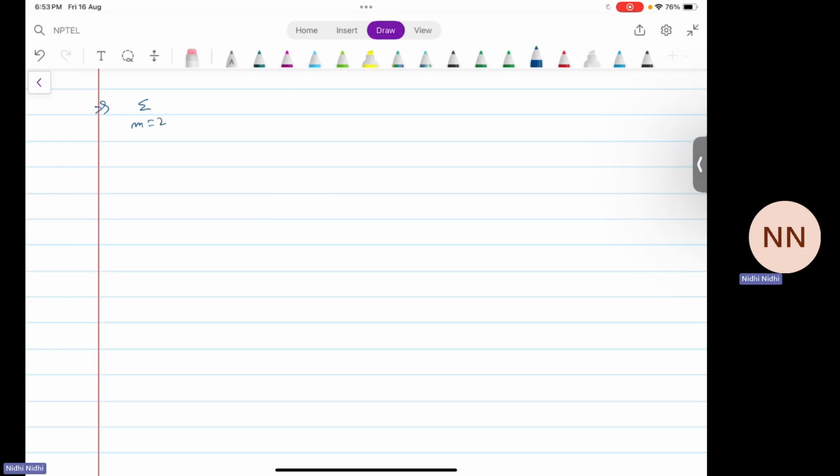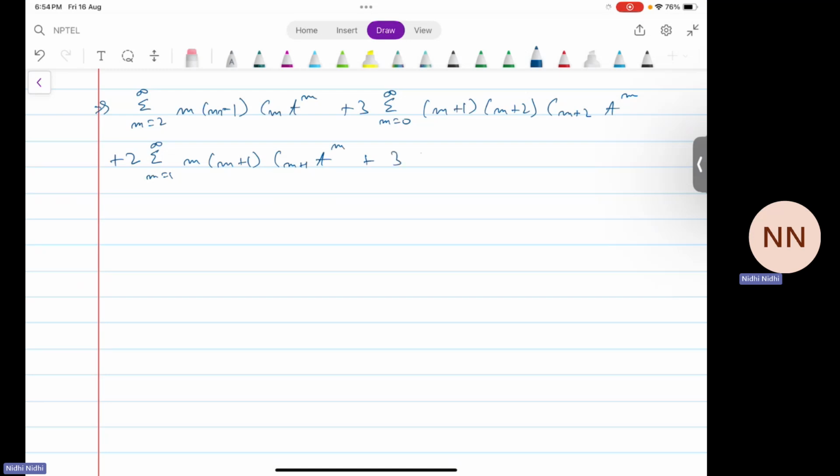summation m from 2 to infinity m(m minus 1) c_m t to the power m plus 3 times summation m from 0 to infinity (m plus 1)(m plus 2) c_(m plus 2) t to the power m plus 2 times summation m from 1 to infinity m(m plus 1) c_(m plus 1) t to the power m plus 3 times summation m from 1 to infinity m c_m t to the power m plus 6 times summation m from 0 to infinity (m plus 1)